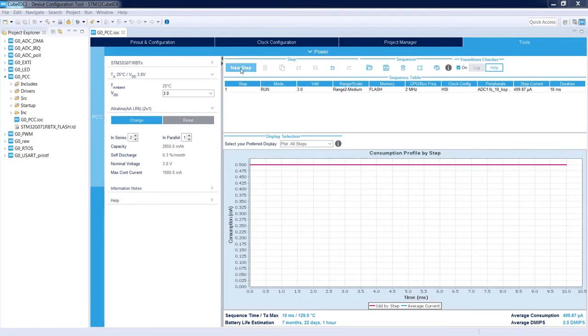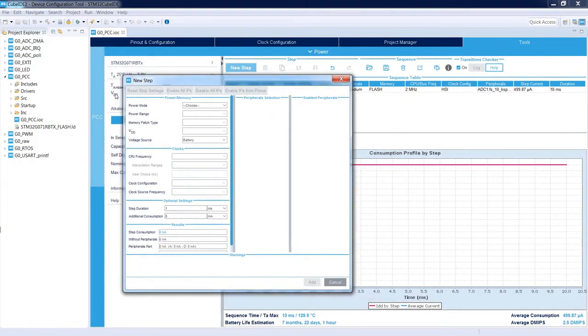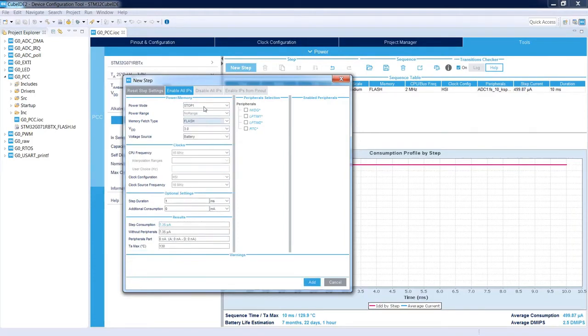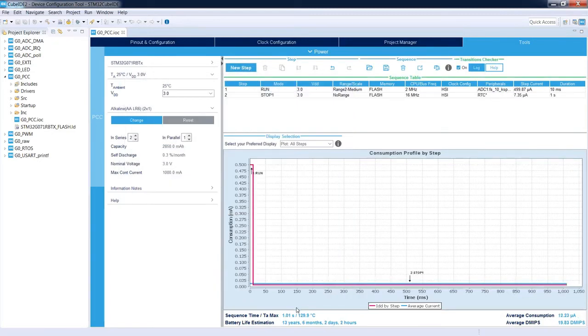This is why I would add a new step, and within this new step I would select the stop mode, stop 1. Stop 1 mode with active RTC only, and I would like to be in this state for 1 second without any additional current consumption. I'm adding this mode as well,